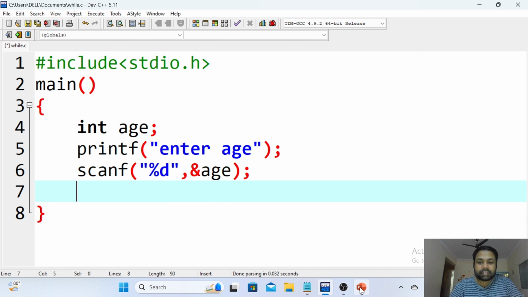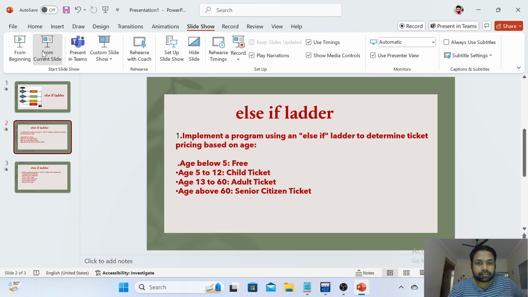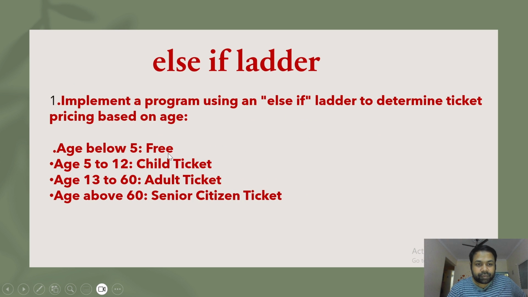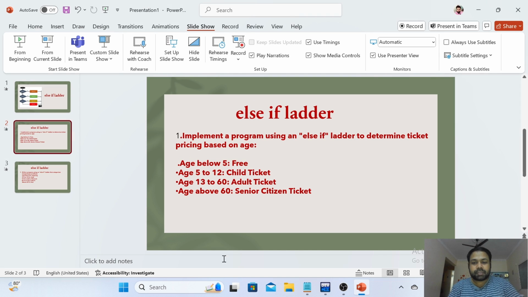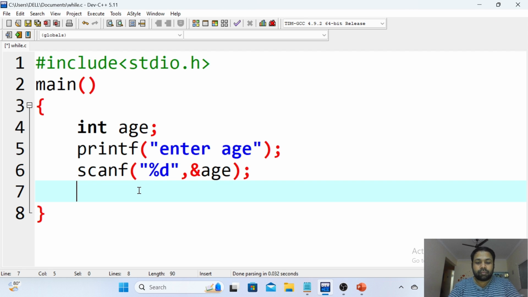Now what is the first condition given? Let us check. If the age is below 5, free. That is the message you need to print. Age is below 5, no? What am I writing, how? If, where the input value is available, age. This is the variable which is taking the input age. If age is